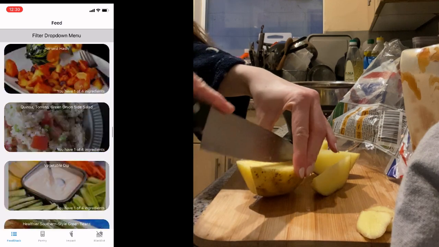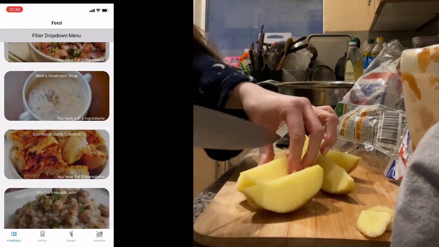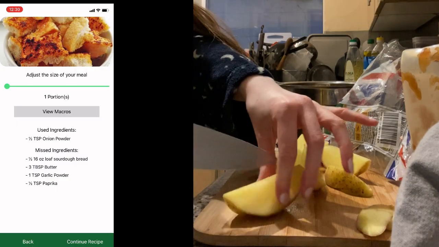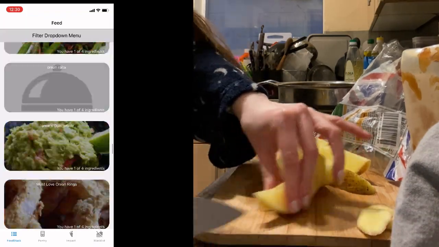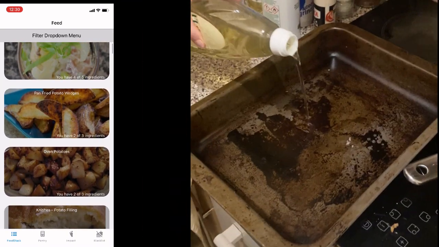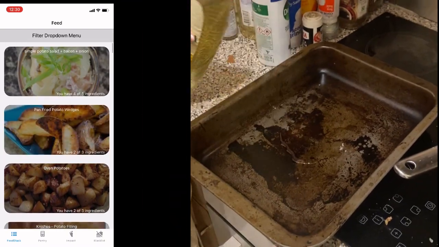So if we scroll all the way down to the bottom, we see this crouton recipe, and if we had the butter, sourdough bread, garlic powder, then that would be closer to the top. So if we scroll back up, then we can see the top recommended recipe